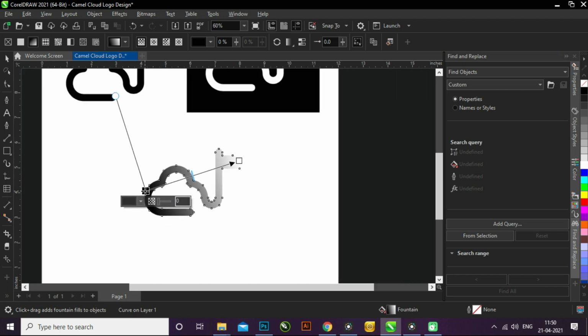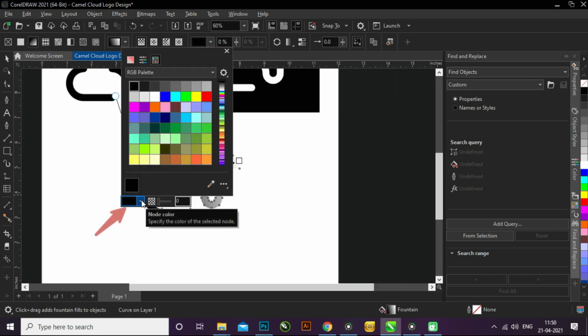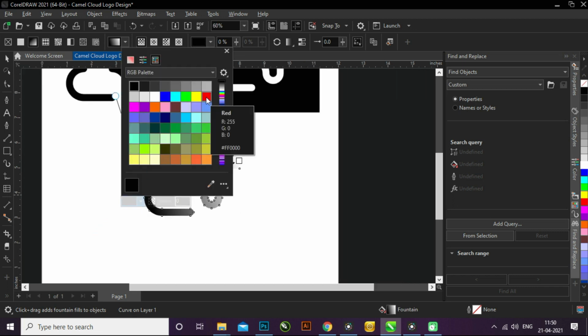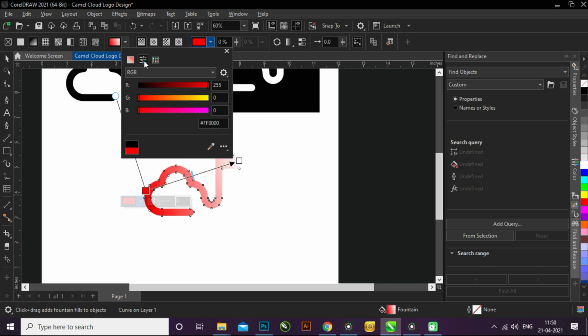Let's add color to our logo. Click on the color option to open the palette. For the left side, I will be choosing an orange shade.